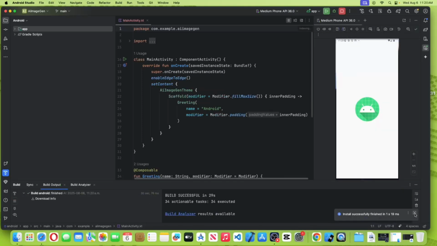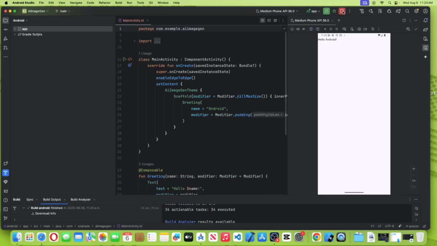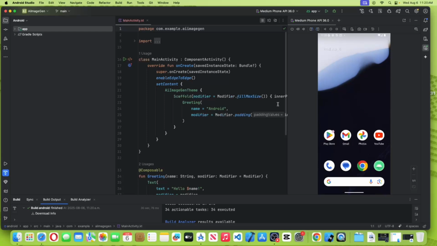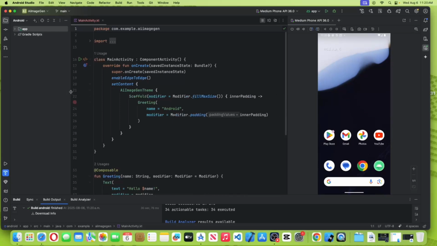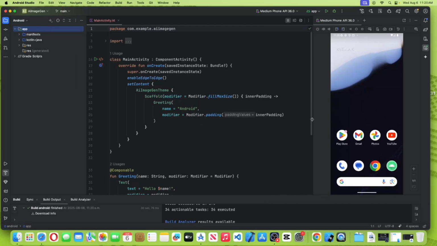Hello Android, so it's working. It's got project running and close. Stop it. So for this application, what we need is